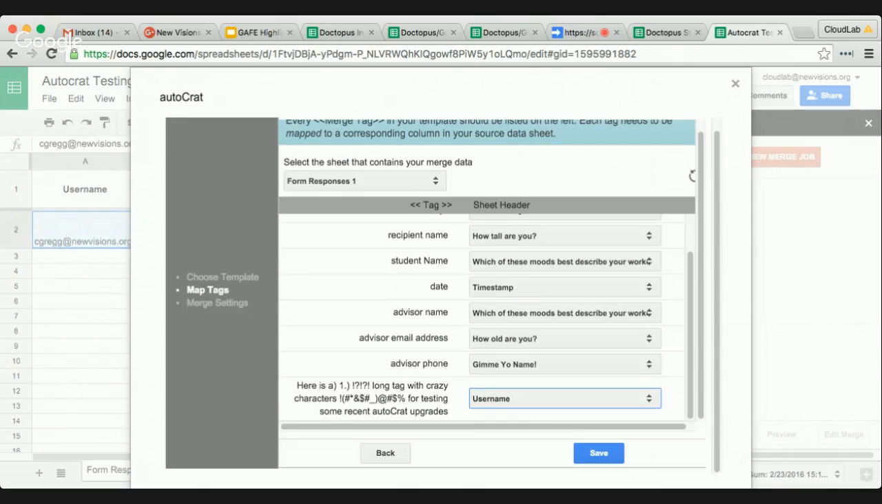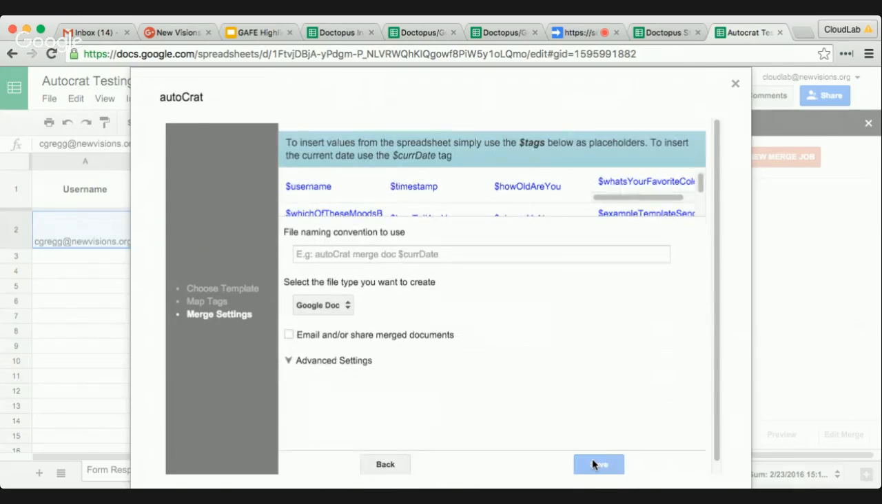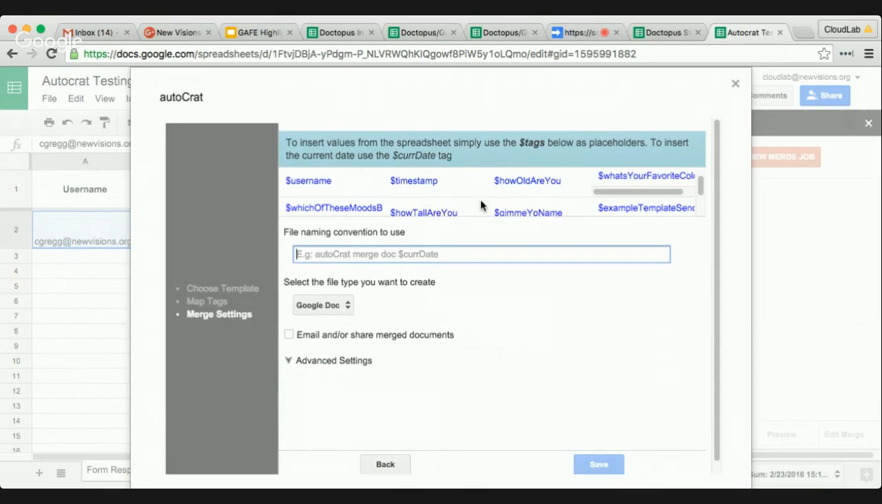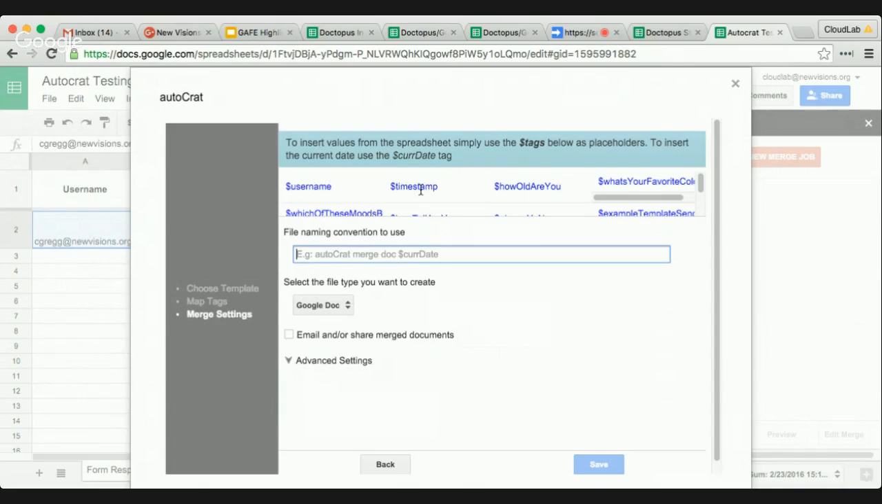So once you map your merge tags, you're going to click on Save. And now it's going to ask us what we want to name the document. So file naming convention is really important because this is what the documents will be named each time they're created from here on out. At this top, we have a different way of displaying merge tags. These are all the different merge tags that you could copy from your spreadsheet into the title of your document. So let's say I want to make this username,